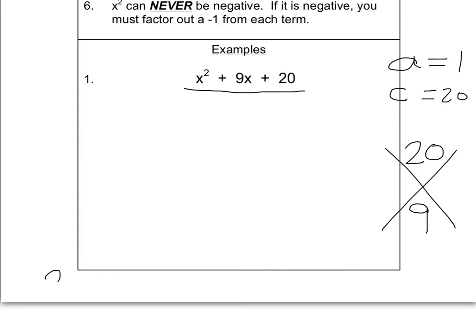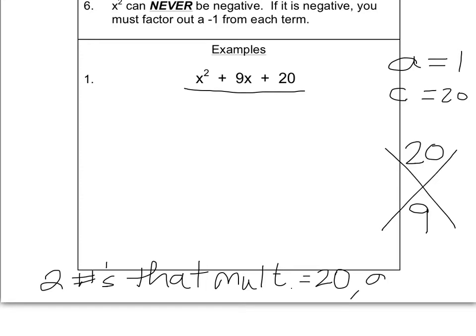So I need to find two numbers that multiply to be 20 and add to equal 9. Okay. Now, sometimes the easiest way to do this, again, if you have small numbers like this,